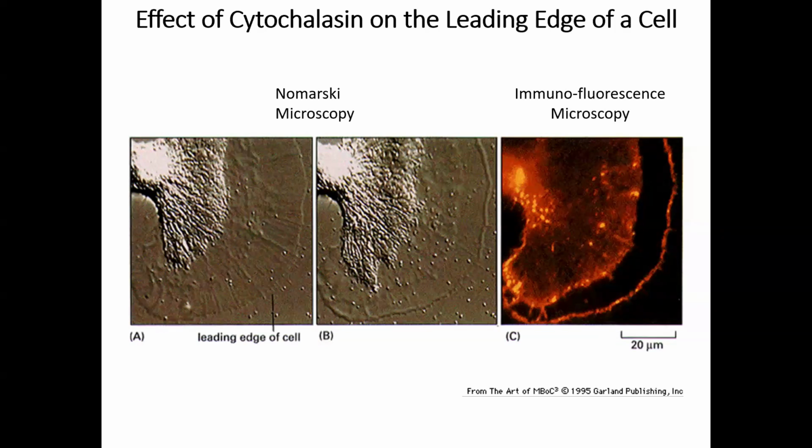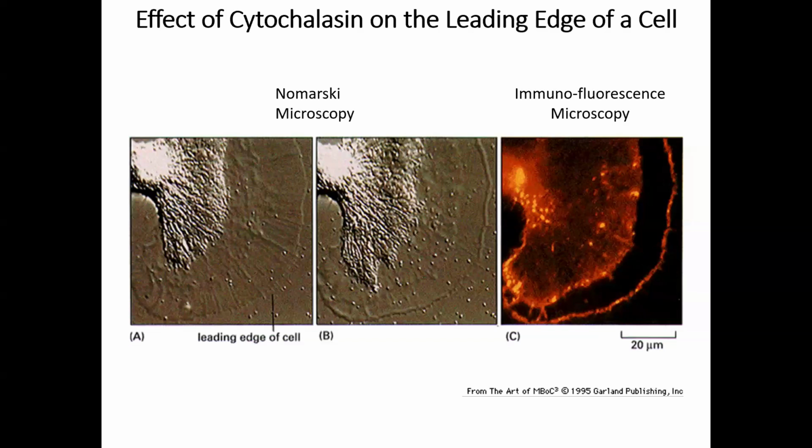You can see these tiny, fiber-like projections. Those are your actins. And if you look carefully, right here there is an edge where you don't see any actin. The actin is retracted from the plasma membrane,